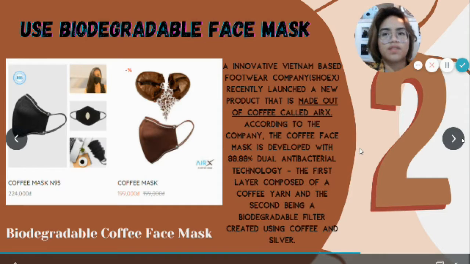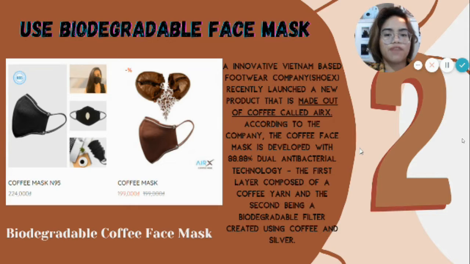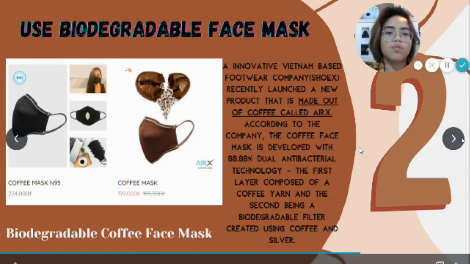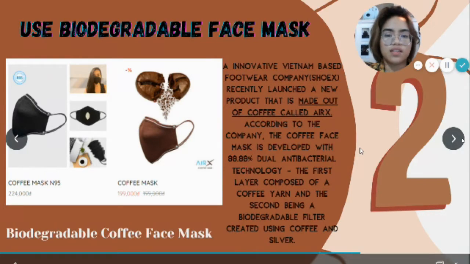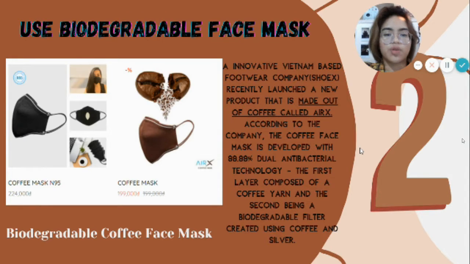Another example of a biodegradable face mask is this biodegradable coffee face mask. It was developed in Vietnam by a shoe company called ShoeX. The face mask is called AirX, and according to the company, it is developed with 99.99% dual antibacterial technology. It has two layers. The first layer is the coffee yarn, and the second layer is a biodegradable filter created